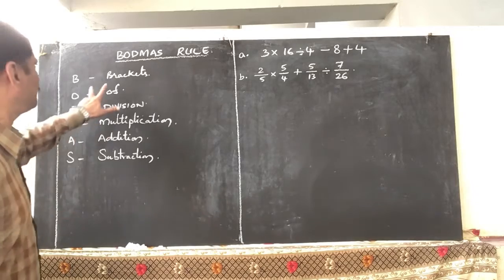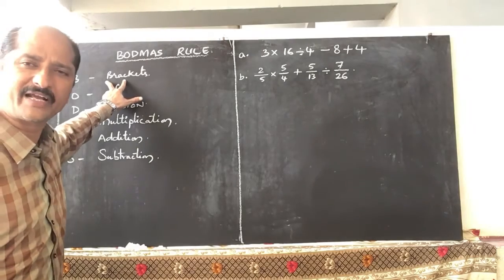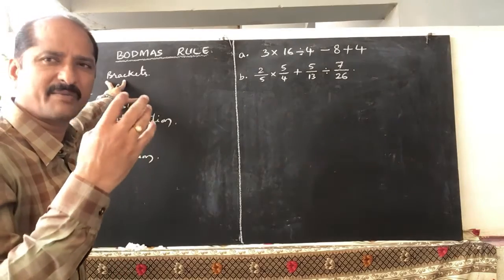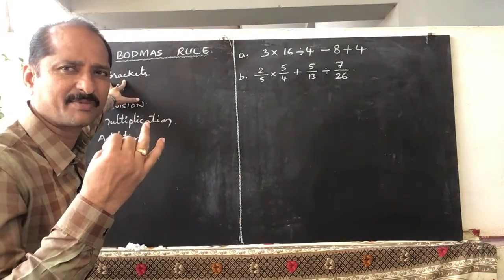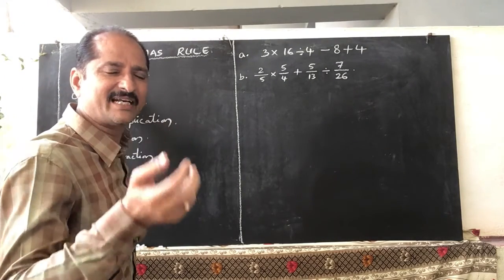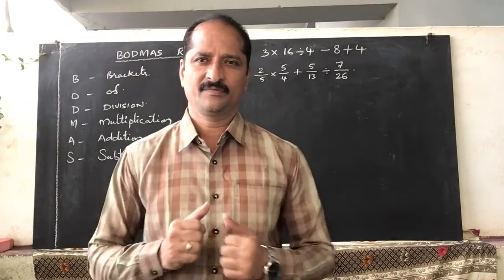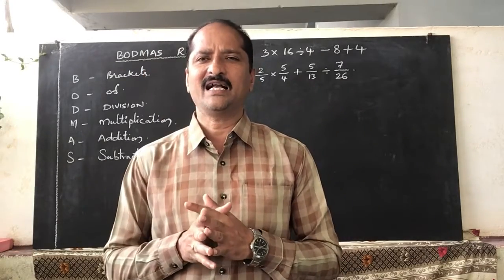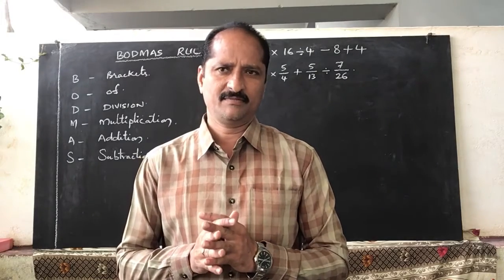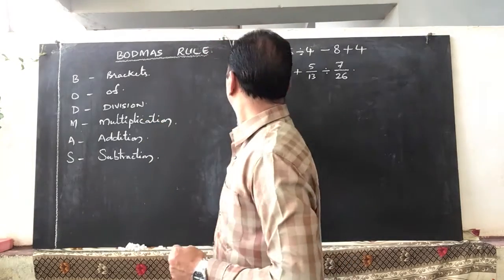So first you have to simplify the things which are in the brackets, either it may be fractions or decimals or just our four fundamental operations of numerals, that is addition, subtraction, multiplication and divisions. If all these four symbols are given at a time and he asks for simplification, then first you have to perform division, then multiplication, then addition, and last subtraction. Okay, so how can you simplify these examples?